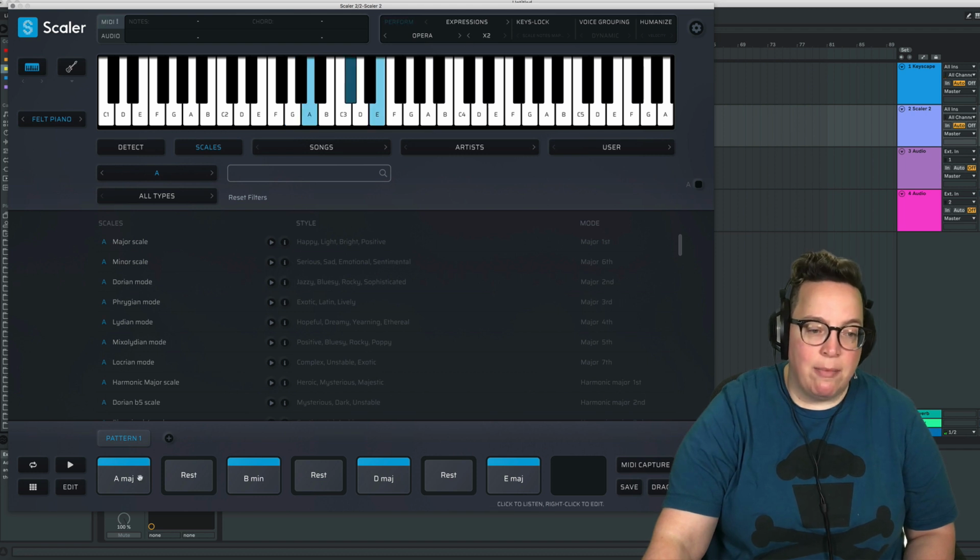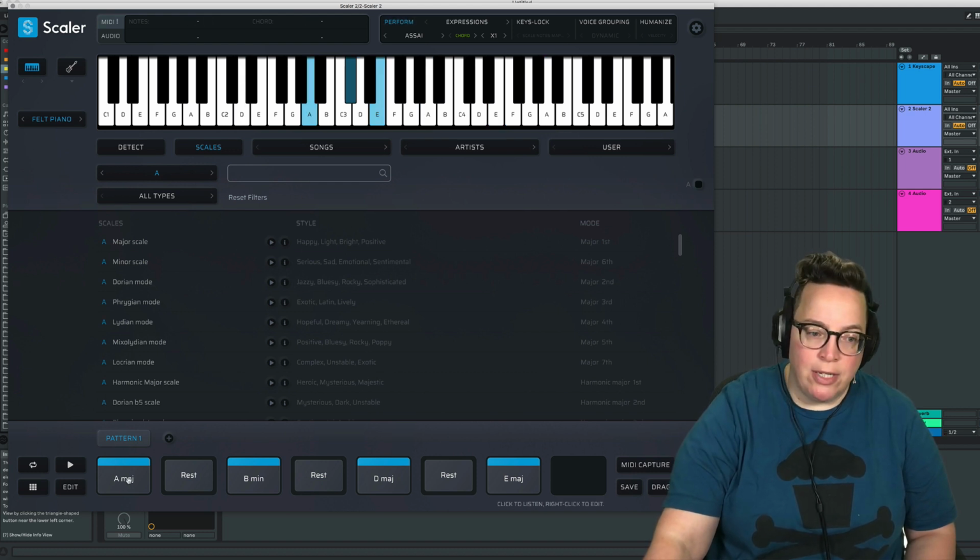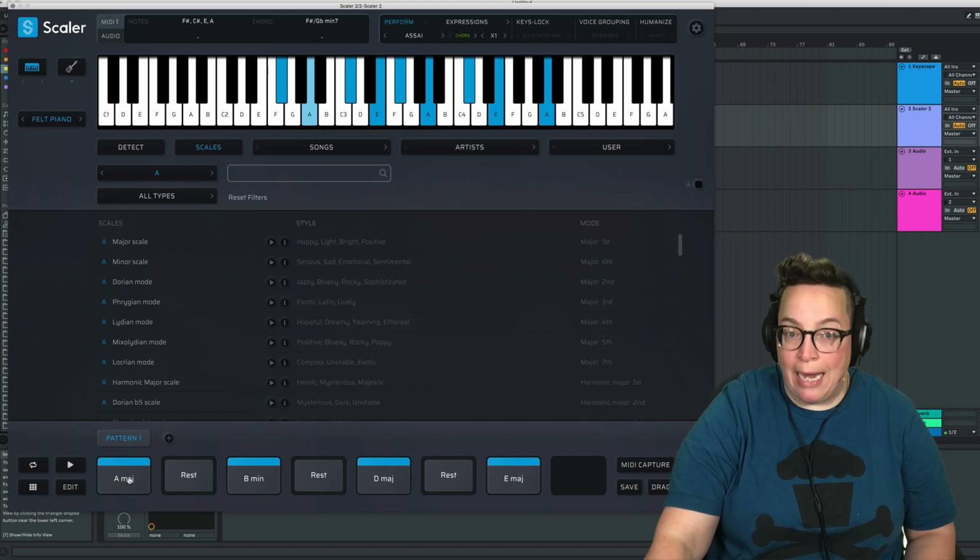So I'm just holding down a key, but if you hold down a chord, that's me just holding down a chord. That's all I'm doing, just clicking here and holding it down. So you have this ability now to get more complex